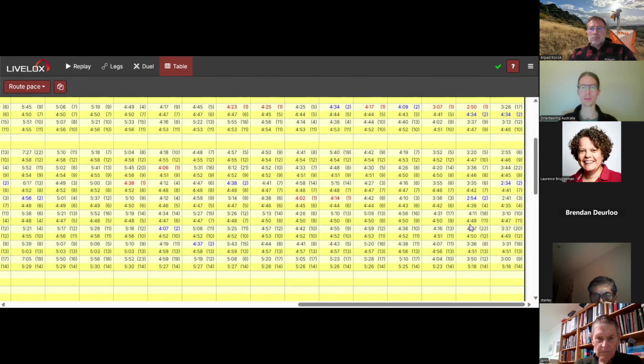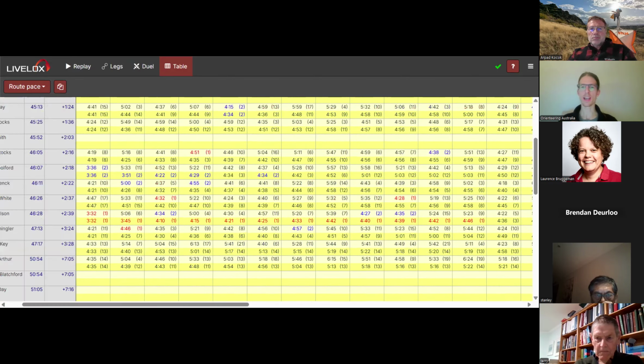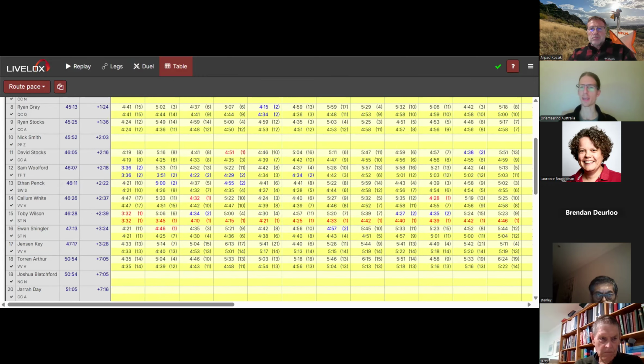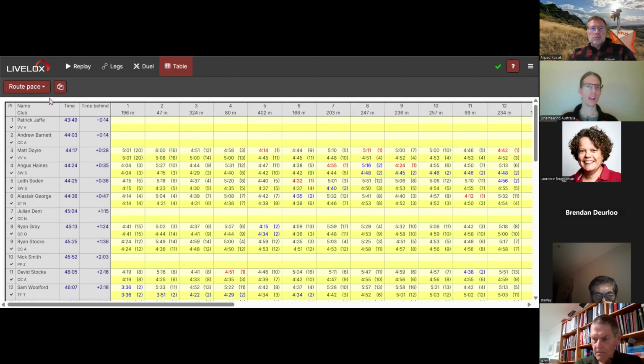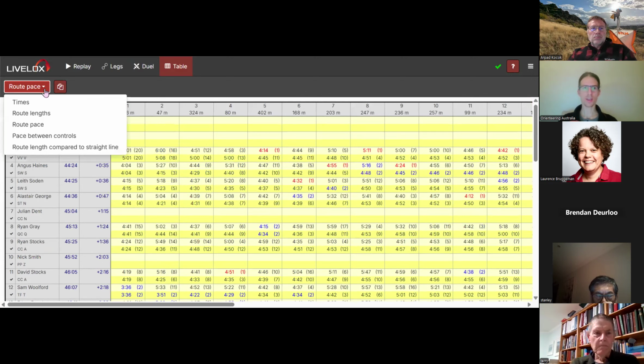So maybe we can see from this that Toby doesn't have as much fitness to continue that pace all the way through the whole course. So that gives us an indication of the pace of the competitor, and then some more detailed information is given to us about pace between controls and the route length compared to the straight line. So it's a bit more detailed information for the second and third options there.